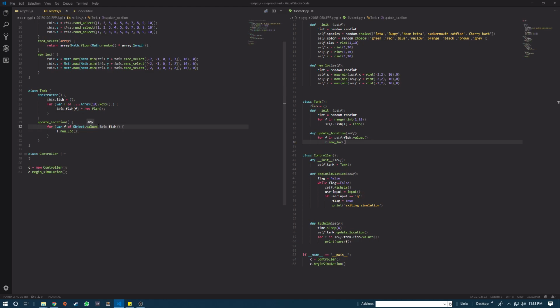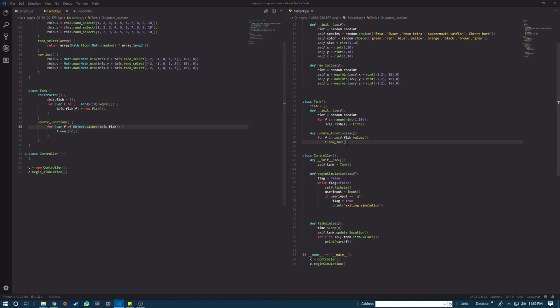And to do that, what we use is Object.values. So it pulls up the object and it gives us access to the method,